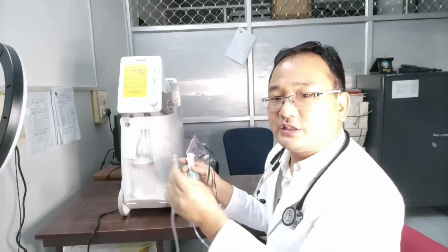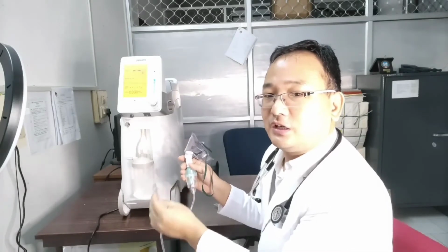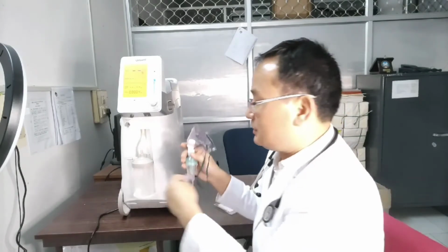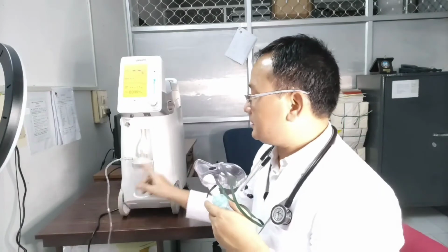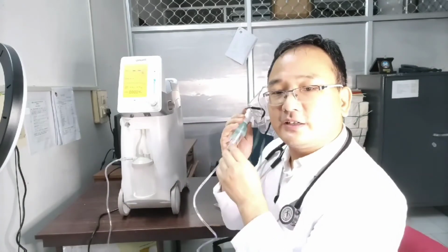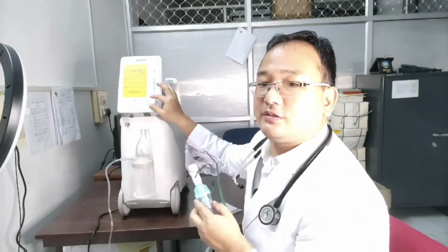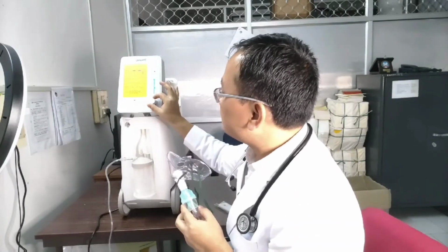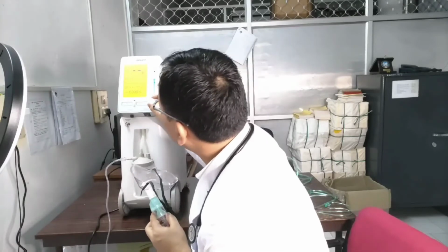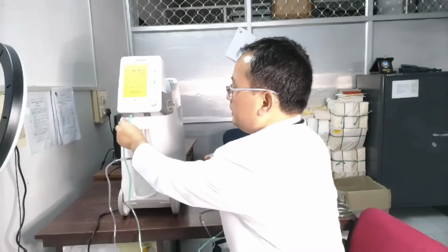Now I will connect the oxygen tube to the outlet of the oxygen concentrator through which the oxygen will be coming out to deliver to a patient. So here I have connected the tube to the oxygen outlet, and I can hear oxygen is coming out. I can adjust the oxygen flow through this knob. Now I will make it up to say 4 liters, 5 liters per minute of oxygen flow. To unlock it,